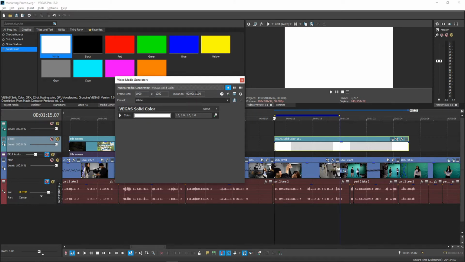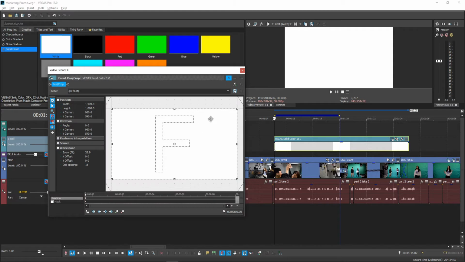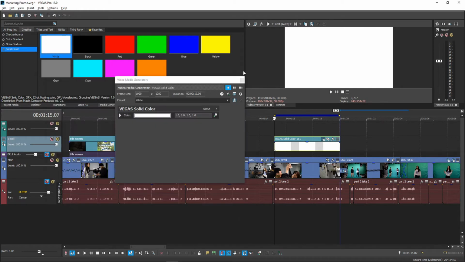Even though you can adjust the frame size and duration on top, I tend to just do it in pan crop, or just drag the image to the length you want later, directly from the timeline. Color, however, you definitely would want to adjust here. Here you see a bar of color that tells you what color your generated media is, and a sequence of 4 numbers next to that.